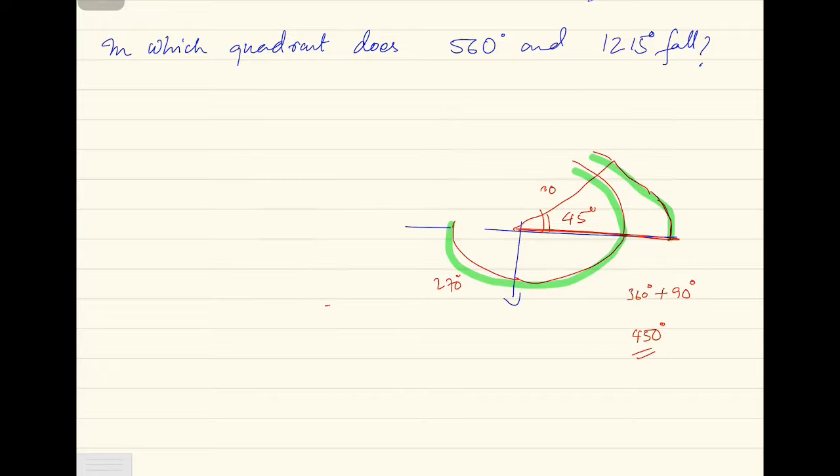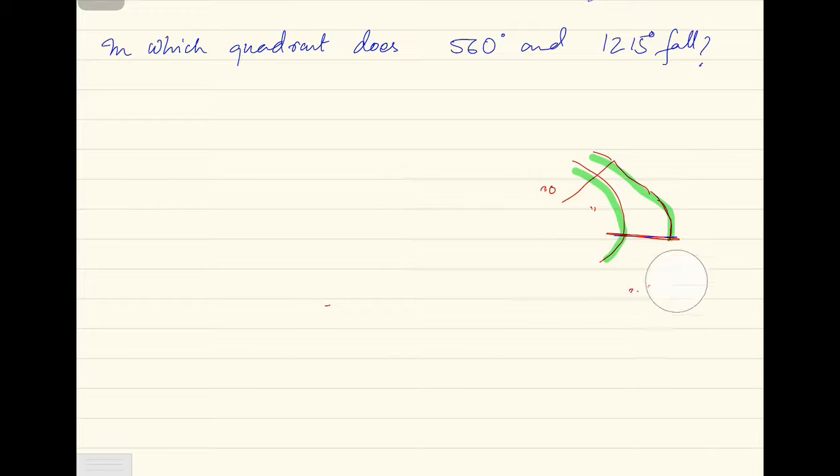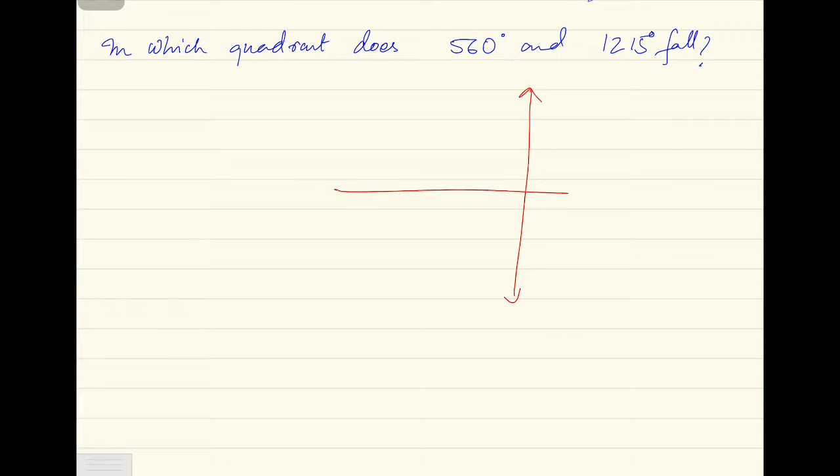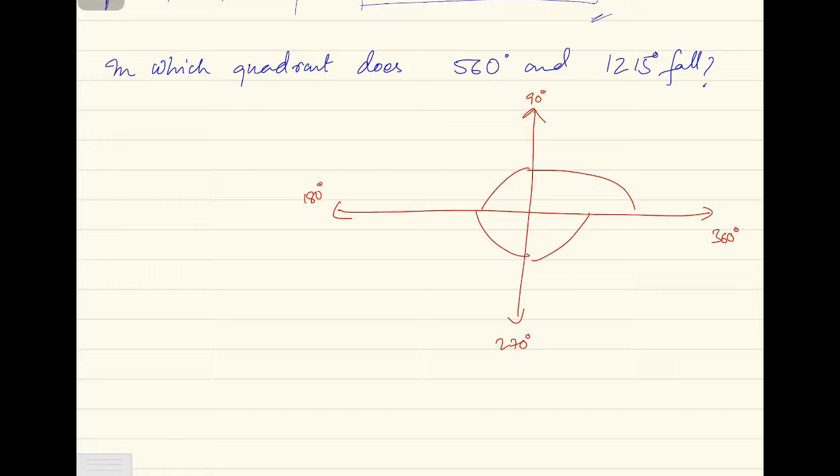Higher angle. So they are asking us here in this question, in which quadrant does 560 fall? Okay, so let me make a quadrant first of all. You know this is 90, 180, 270, 360, isn't it, everyone? Let me write it here: 90, 180, 270, and 360. But 560 is greater than 360. So to know in which quadrant this 560 falls,